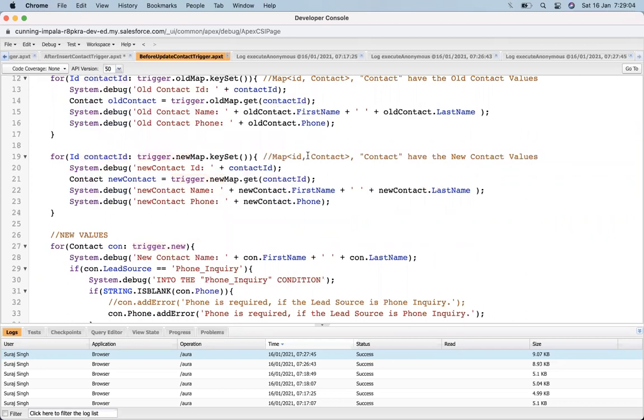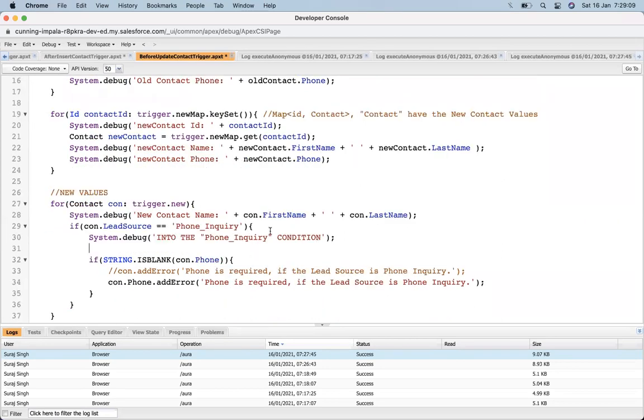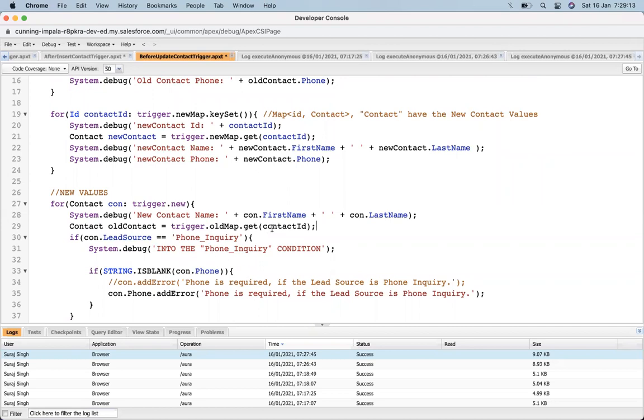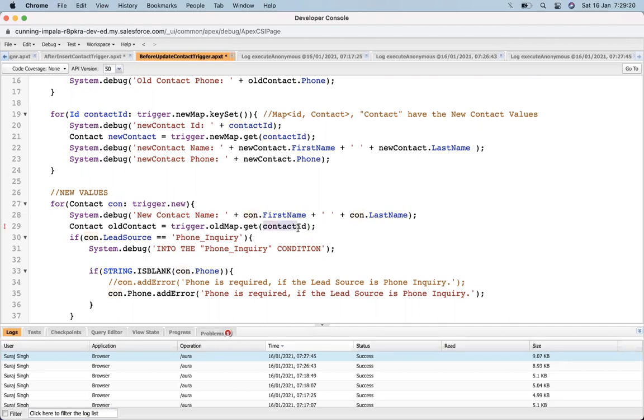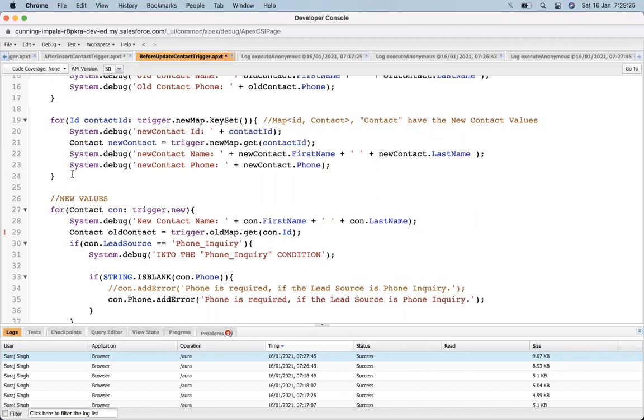Let's take out the old value. I come up here and paste it here. Let's take the old contact value. I can fetch the old contact value by con.id. Now con.id will give me the old contact value.